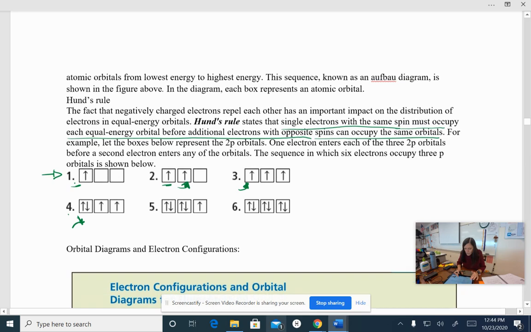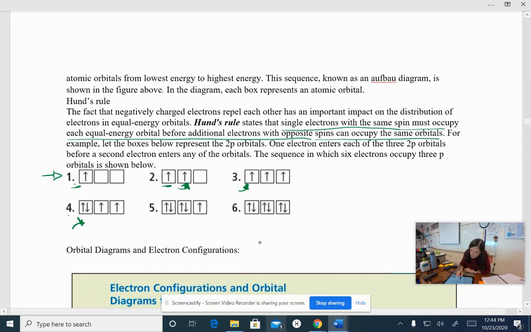Okay? So, and when we get unpaired electrons like this, we get a really cool thing going on called paramagnetism. If you want to look that up and do some fun YouTube videos on that, it's a really cool phenomenon. Okay,